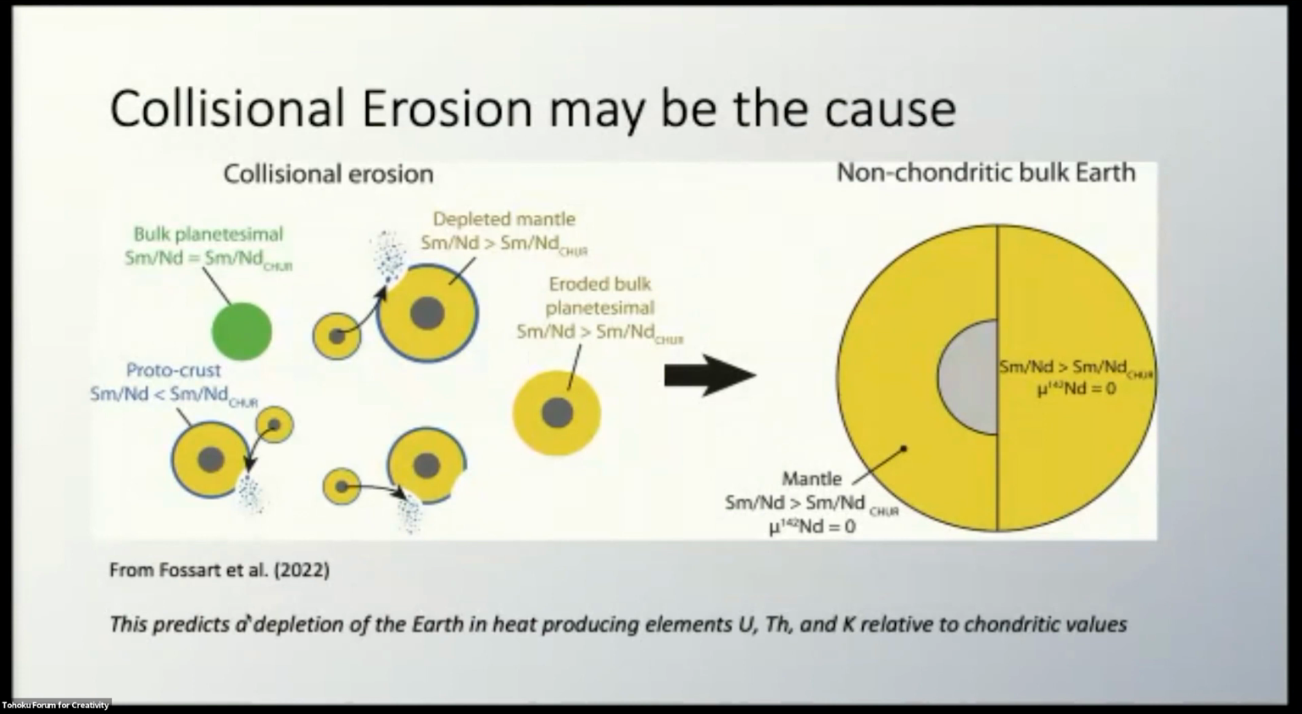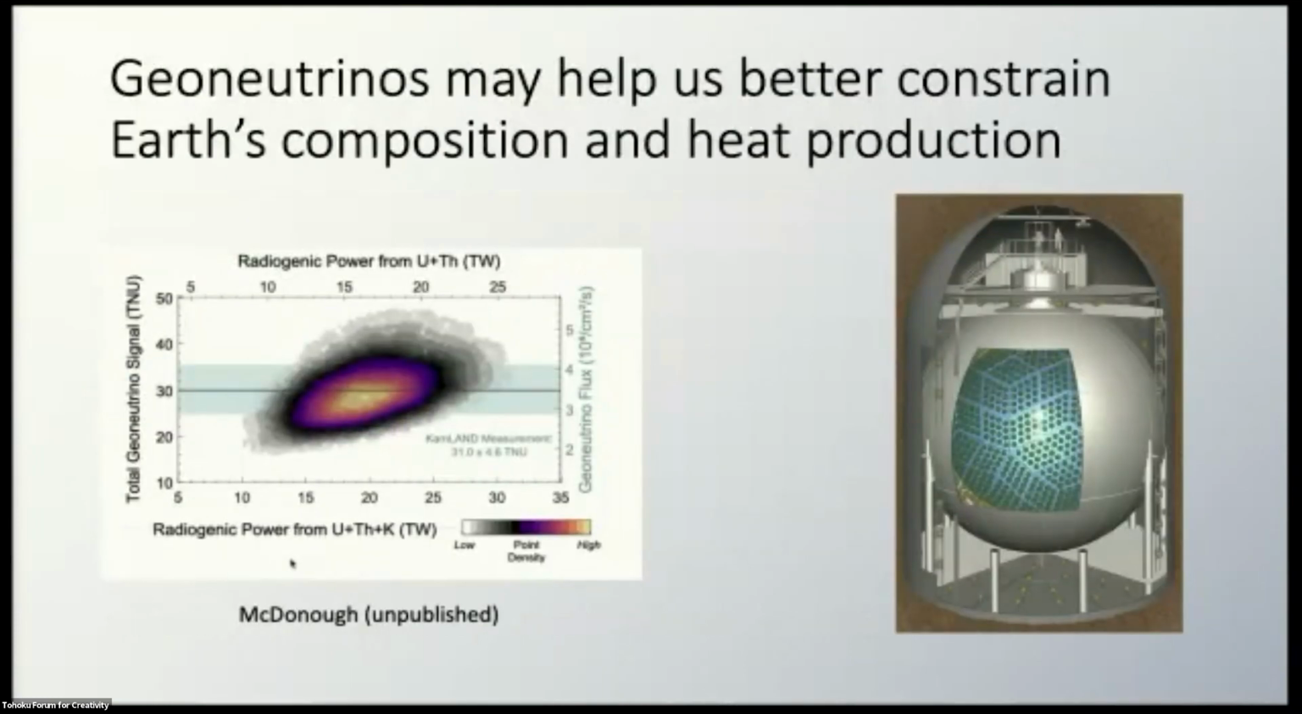The idea is every time you have a collision, you form a new crust. It's basaltic, it's enriched in incompatible elements. The next collision to come along blasts that stuff off. Eventually, you deplete the Earth in incompatible elements, and that includes the heat-producing elements, like uranium, thorium, and potassium. And so one way to constrain this, which is, the KamLAND